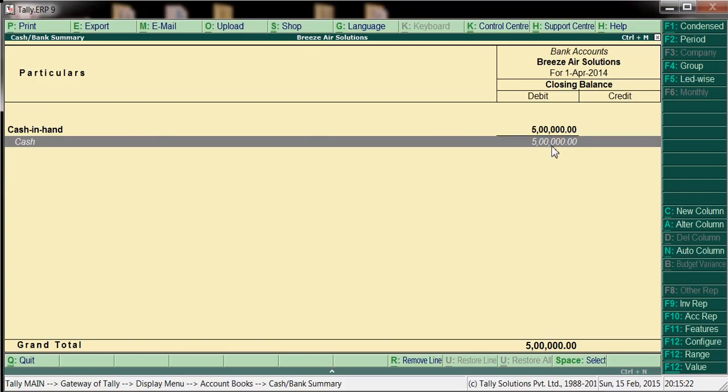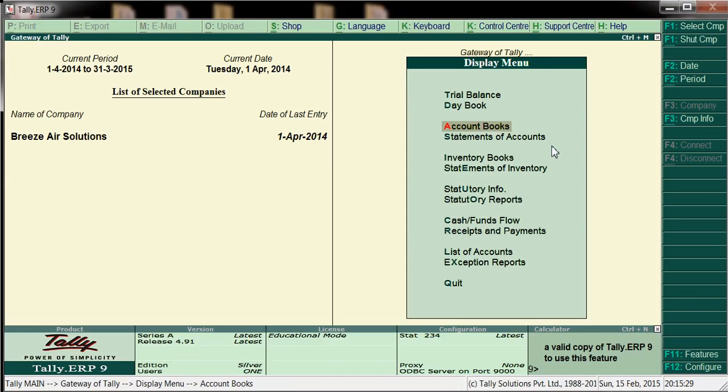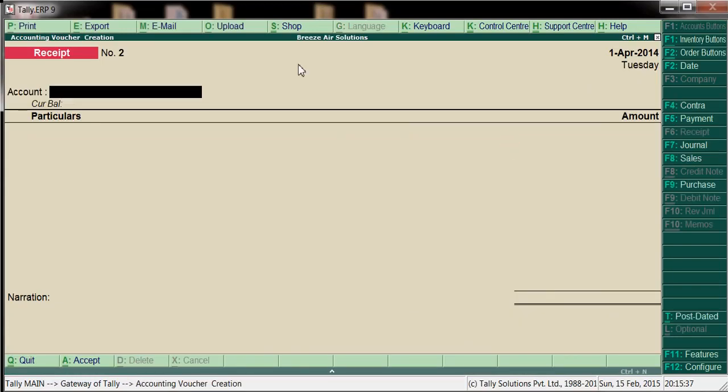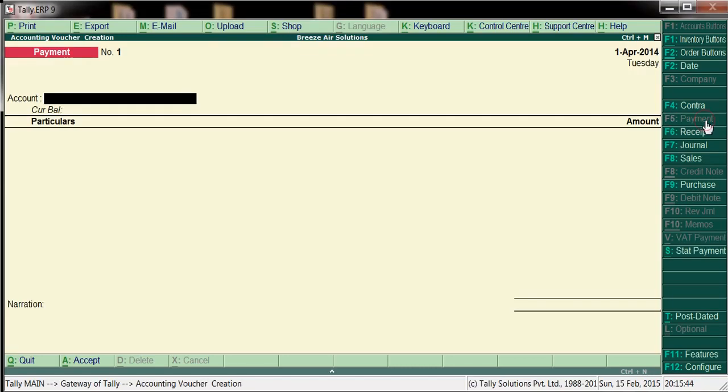Now we'll post expenditure vouchers. Come back to accounting vouchers. Here we are posting payments, so F5 for payment.